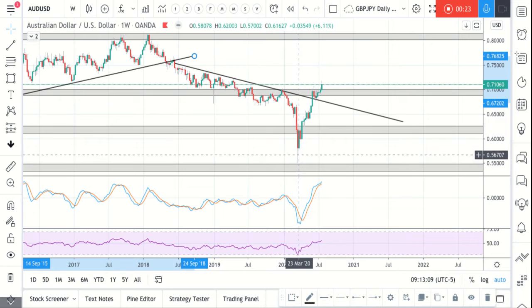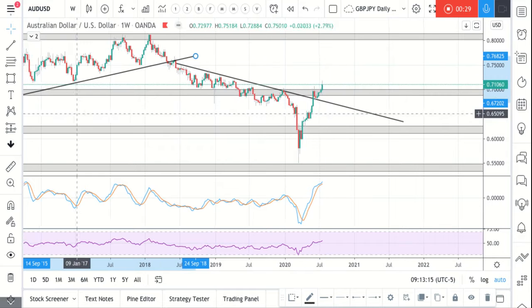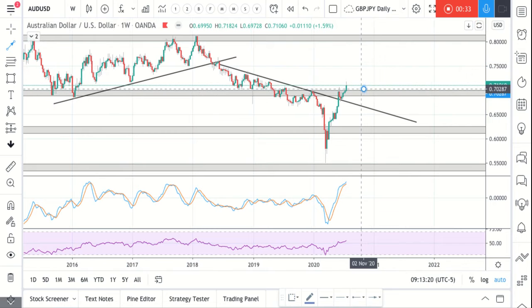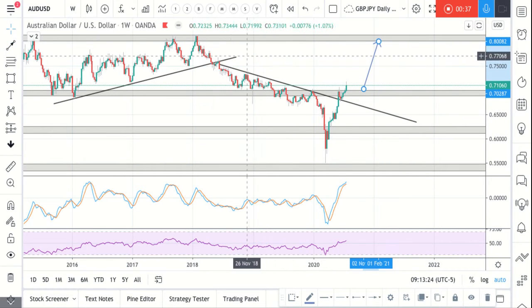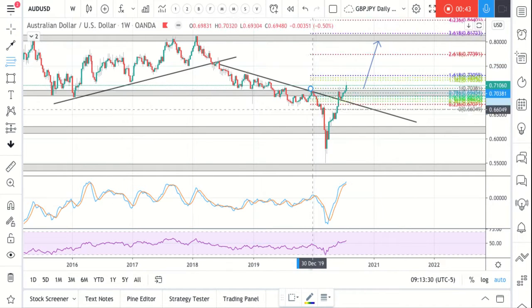March. Since March, we've been in a bullish trend, and we broke out of that trend line in the last couple of weeks, tested it, and made a move higher. So I think long term, we're definitely bullish, and I think ultimately we'll be looking for targets up to the 0.80 level. If you take a Fibonacci retracement and do some extensions from this high,